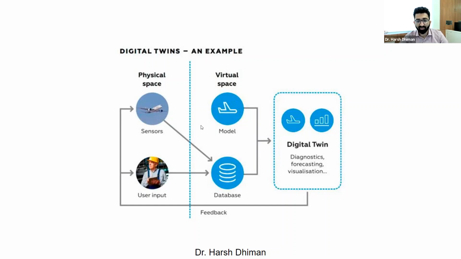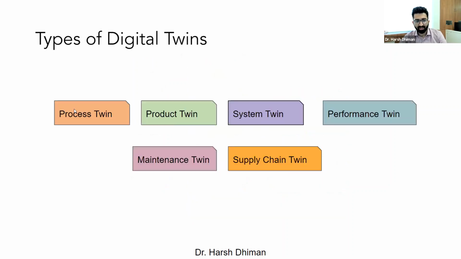So yes, that type of critical decision needs to be taken, and they are taken together with your data collected from the sensors, from the physical layer. So yes, that's a quick infographic of digital twin, right? Now there are various types of twins involved. As you can see, process twin, product twin. Process twin is for a particular process of your power plant or operational aspect. Product twin is a digital twin essentially dedicated for a particular product, right?